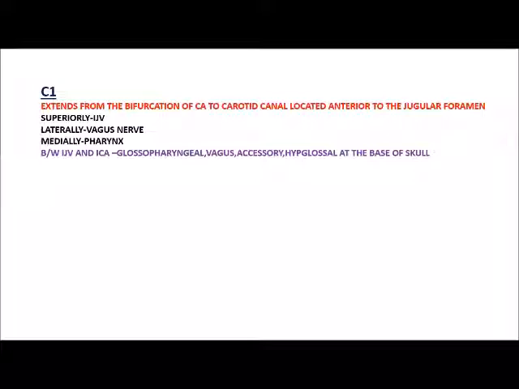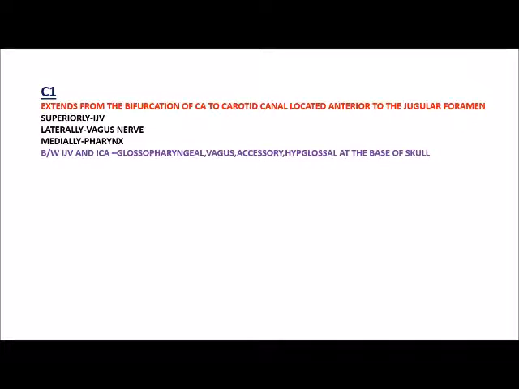C1 or cervical segment. It extends from the bifurcation of common carotid to the carotid canal, located anterior to the jugular foramen. It has the internal jugular vein posteriorly. Its lateral relation is the vagus nerve and medially there is the pharynx. At the base of skull, the glossopharyngeal nerve, vagus nerve, accessory nerve and hypoglossal nerve lie between the internal jugular vein and